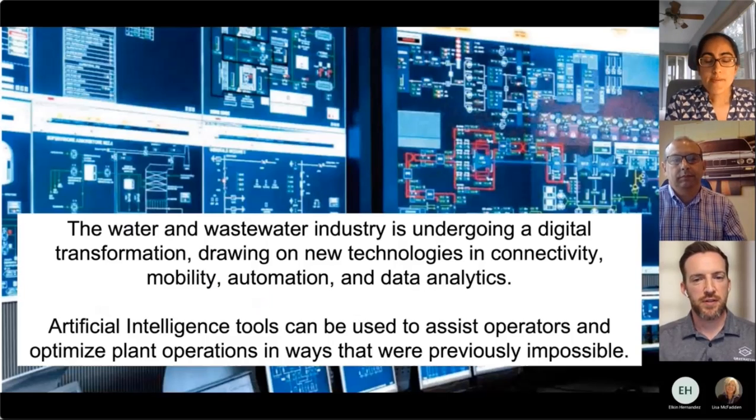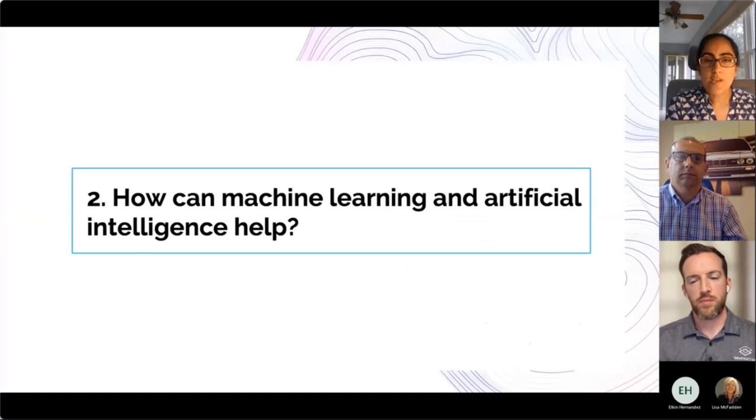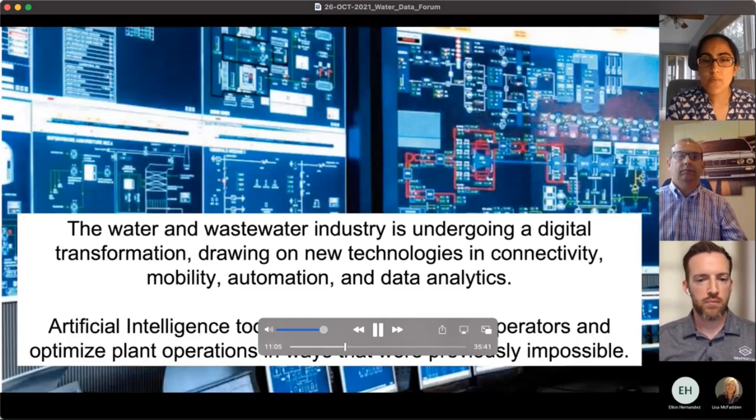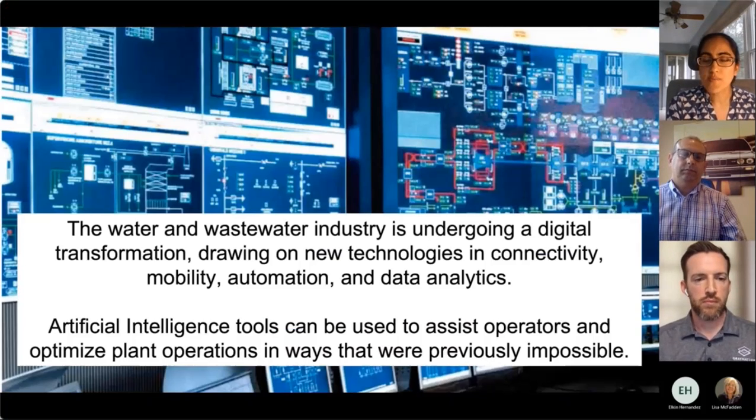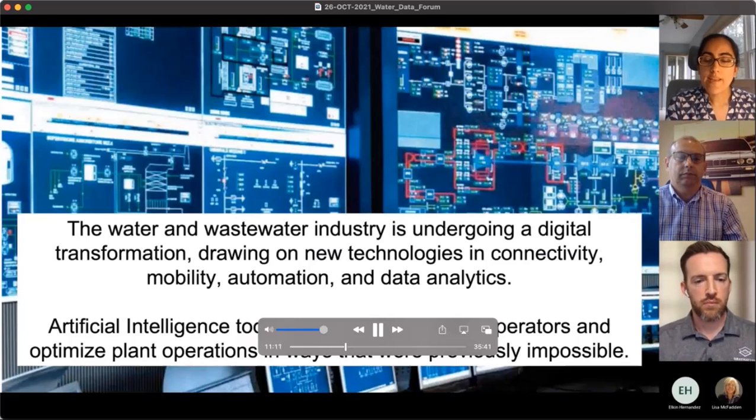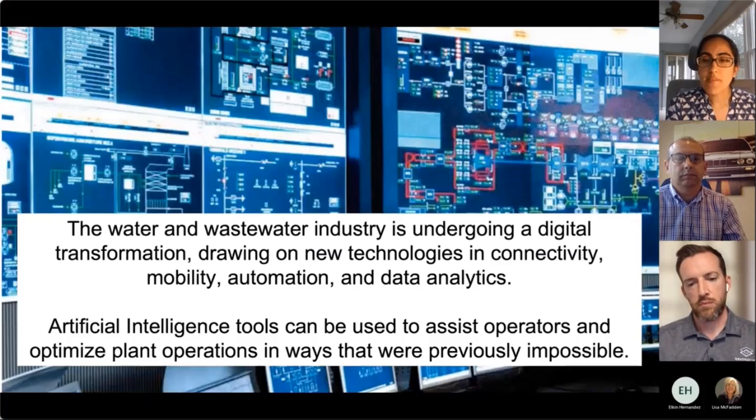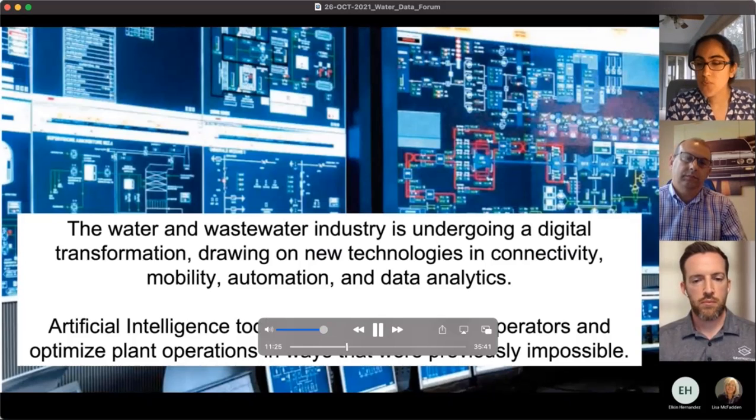Yeah, so I think that with the water and wastewater industry, we are currently undergoing a digital transformation, and it's drawing on new technologies in a range of fields, from connectivity, mobility, automation, and data analytics. And so we're finding ourselves in a place where we can use AI tools in ways that were previously not possible to assist operators. And when I look at asset management and plant operations, these tools can be integrated across the board,